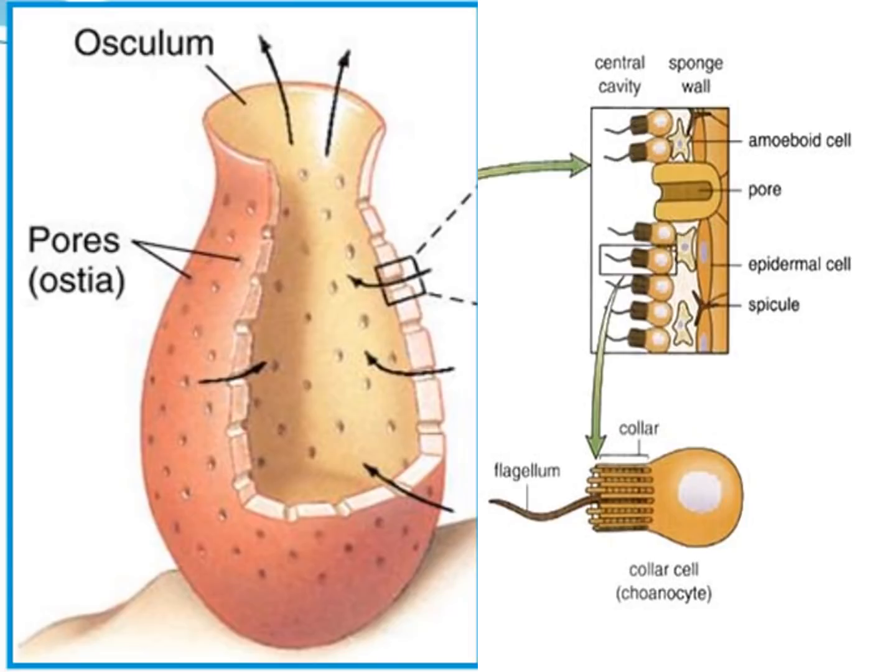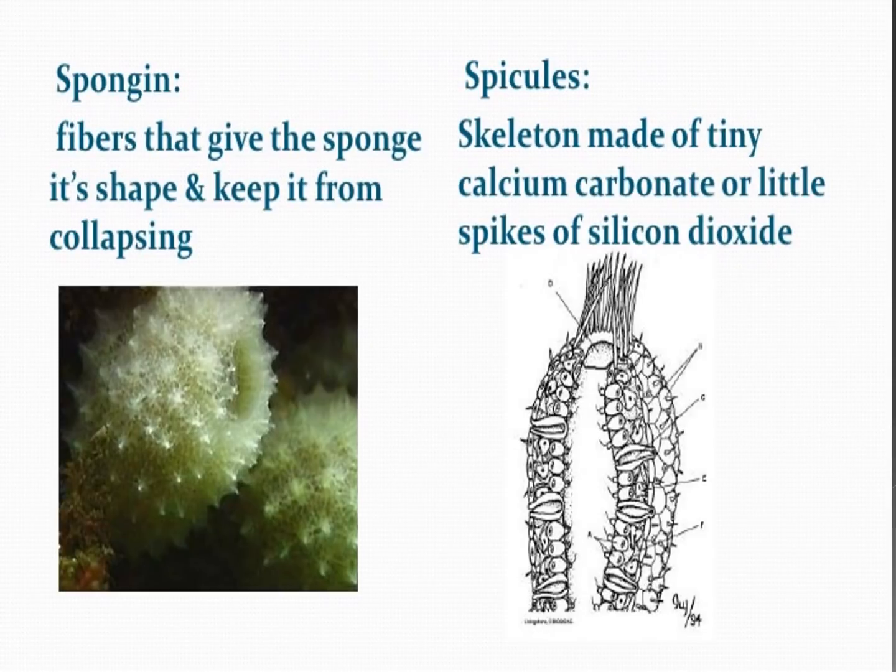Ostia is the pore present on the external surface of these animals, and it is through this that they take in food, or they feed. What they do is they absorb water, and along with water various organisms also enter these pores. Once the organisms have been consumed, the remaining water is thrown out through the osculum. So ostia is for intake, whereas osculum is for throwing away the waste matter. The pores are normally lined by various cells which are also called collar cells.